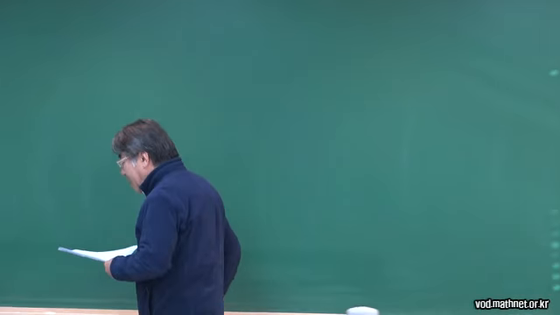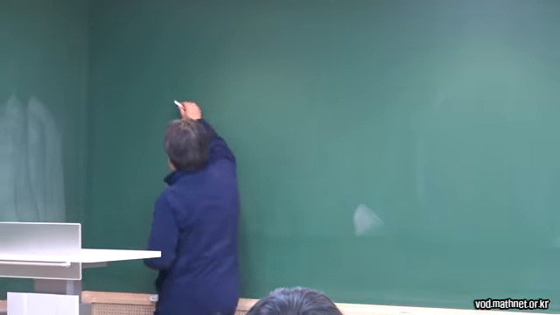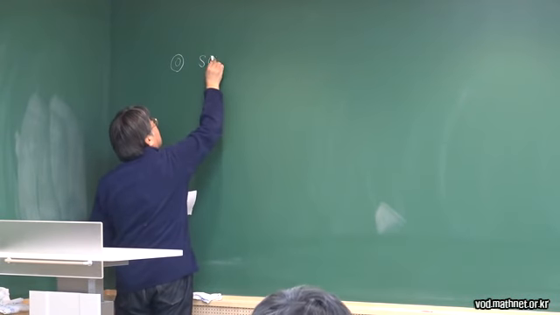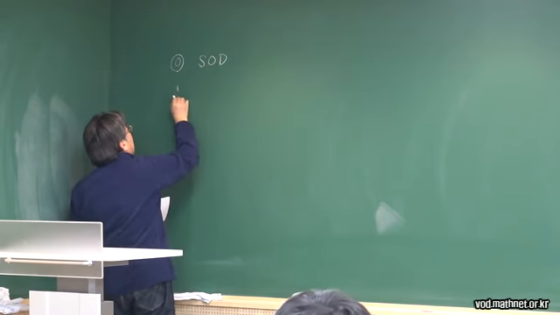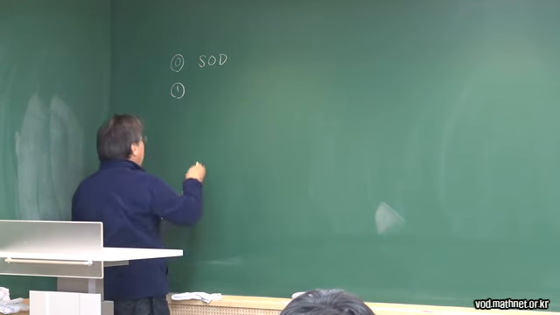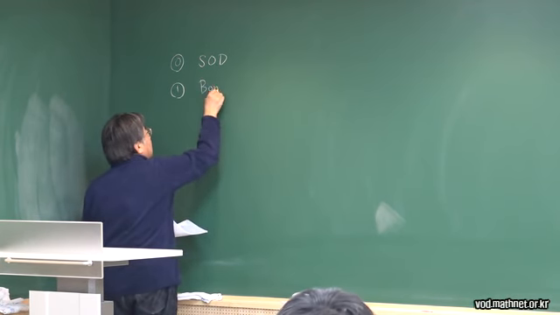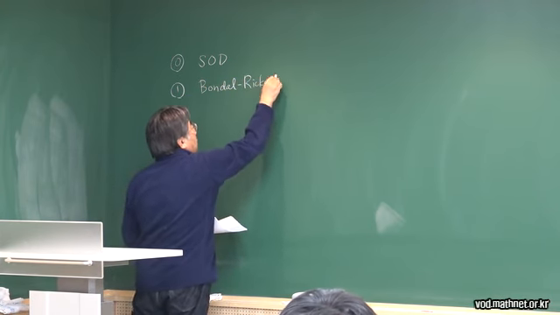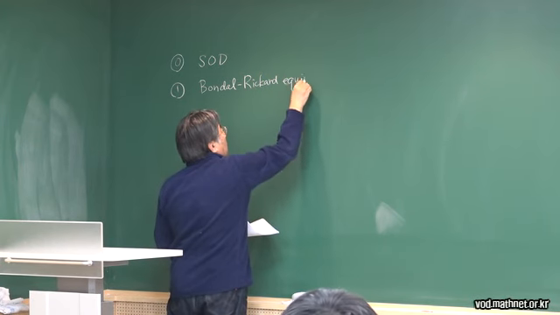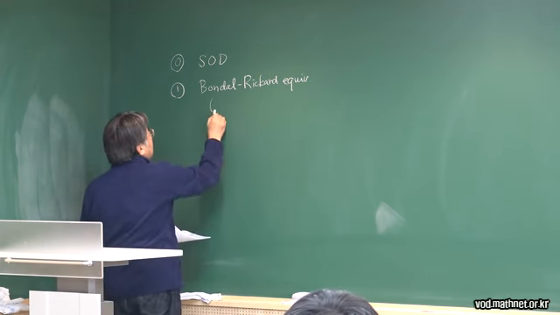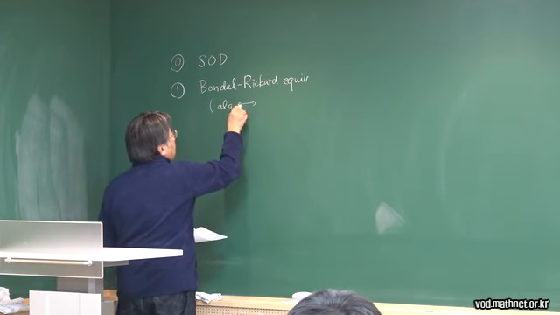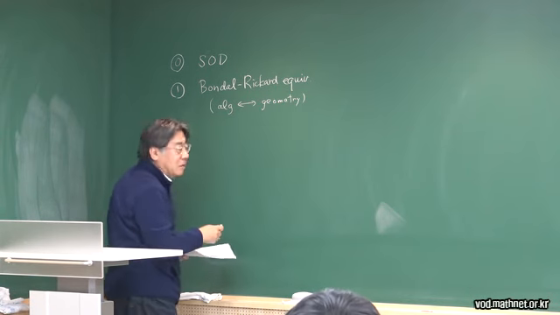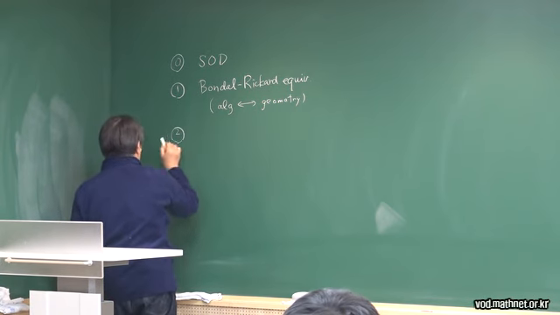So today's plan is the following. First I explain more about semi-orthogonal decomposition, just a little bit, for general theory, and then I will explain Boundedness equivalence. So this connects algebra to geometry in some sense. I will explain this later. And then,